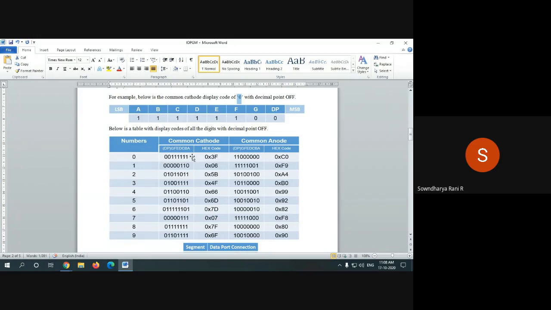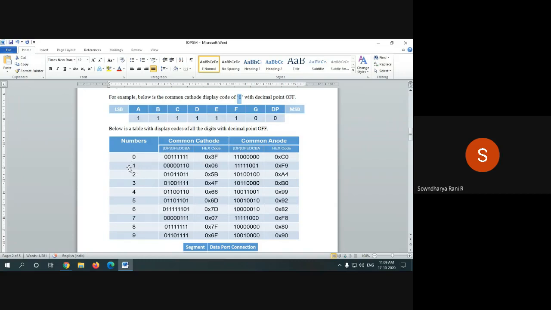So for 0, you make A, B, C, D, E, F, I'm sorry, till F it should be 1, and G and dP should be 0. For the common anode, G and dP should be 1, and the others should all be 0. And this is the corresponding hex code for this value.